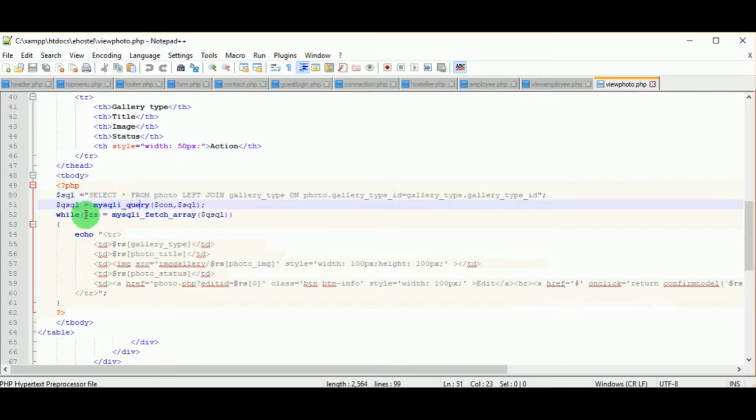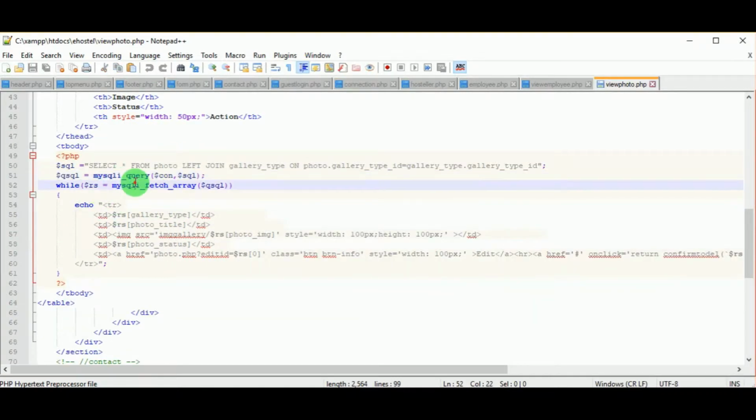So that value is displayed, and again the MySQL query function is used to check whether the query is correct. If the query is correct and the data is present, then the MySQL query will execute, and the value is given to RS by fetching using the MySQL fetch array function. Here you can see we have used a while loop.